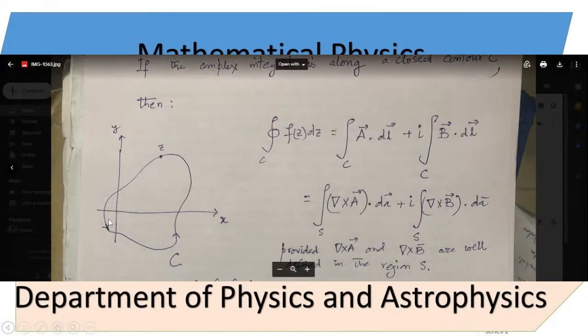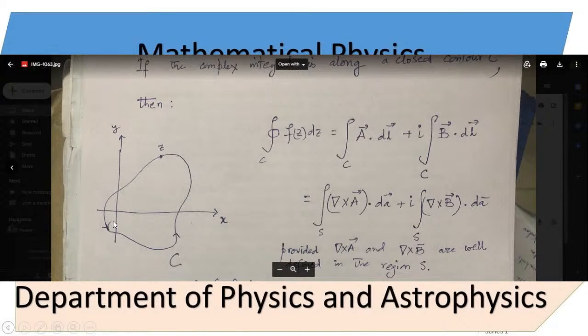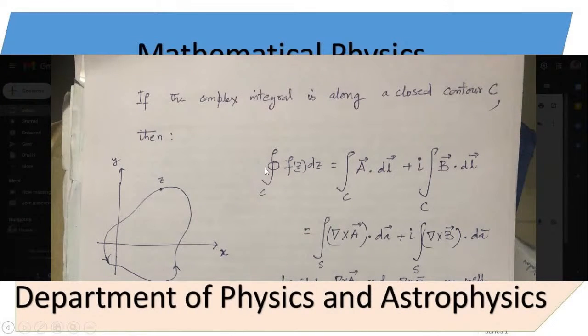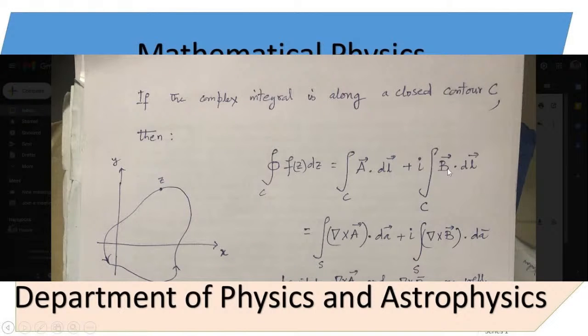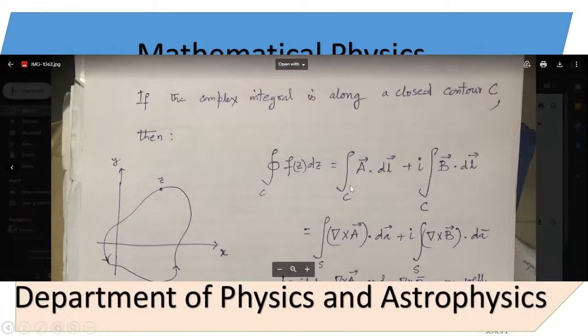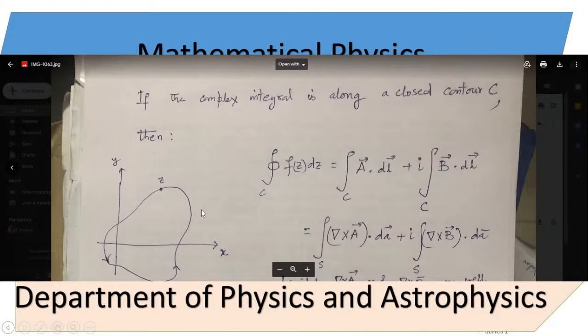You are taking the complex plane, you have chosen a closed contour C, and you are integrating in the anti-clockwise direction. Then obviously, the contour integral of f(z) dz will be just like what we showed, the integral of A dot dl along C in the anti-clockwise direction plus